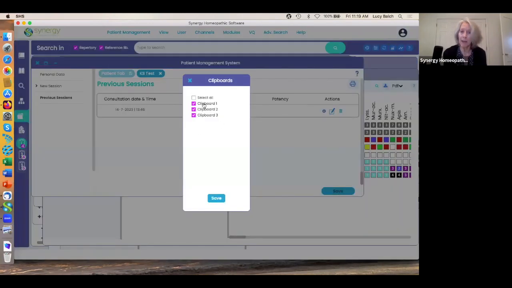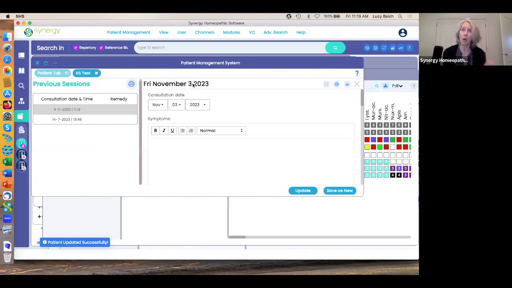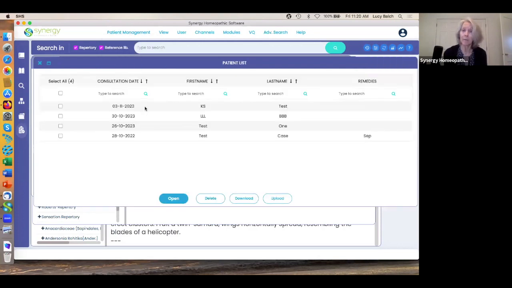And all of them are going to come over now. So now I have all of those clipboards that were on that other chart in this one. And when I close it, they all go away because now they're in the new one. So, again, there's no straightforward way to merge 2. If you see here, we don't have any kind of merge button, but that's the long way around that you